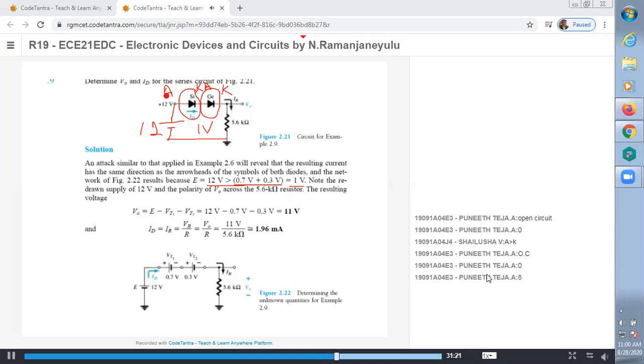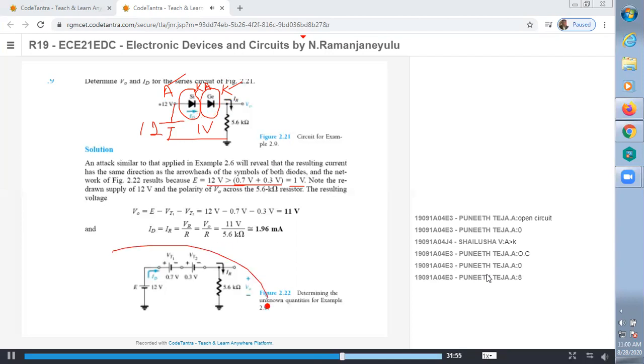So for the overall anode to cathode, this A to this K, how much opposition? 1 volt drop. So again A is greater. What is the A value? A value is equal to 12 volts. The second K value is only 1 volt. So A is greater than K, so we can say that both diodes are in forward bias. Remember here, both diodes are forward biased.